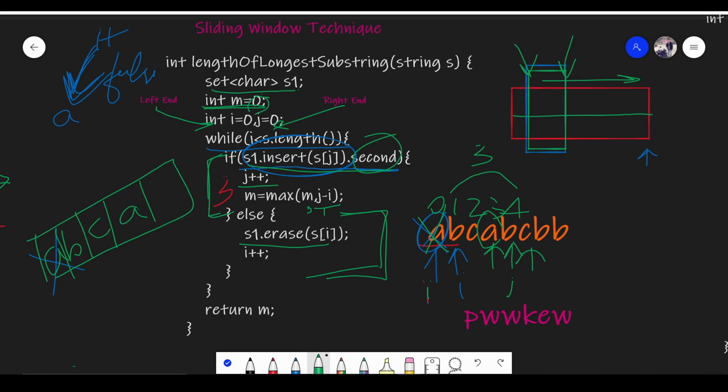Again, when it comes to this one, B will first be removed and then this B will get added, and when it comes to C, this C will be removed and this C will be added, and that pattern continues. But as you can see later on, when we come over here, there will be a case when we have this C and B, but still the length of that will be 2,